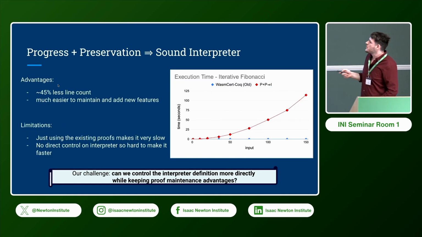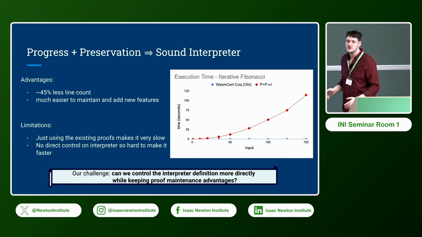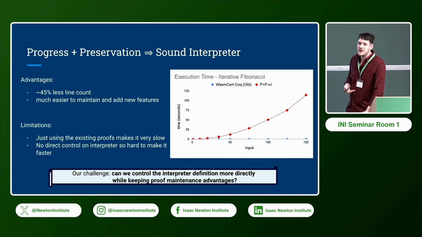So, from the point of view of proof maintenance, this is great. We basically eliminated almost 50% of the work, even just in terms of raw line count that we were doing before. And you can imagine this is quite a boon. Every time you're adding a new WebAssembly feature, you have half as many things to update. One immediate limitation we ran into, though, was if you actually try and execute this interpreter, it's really, really slow,